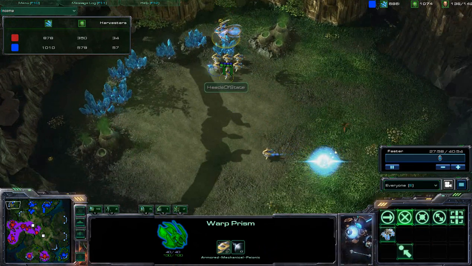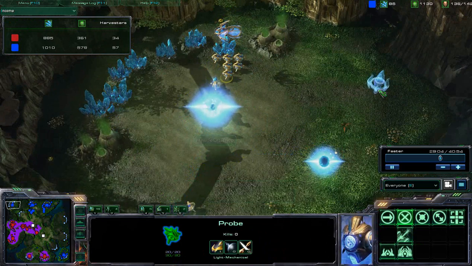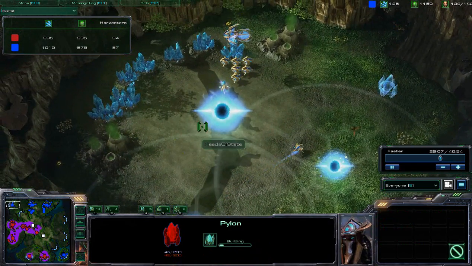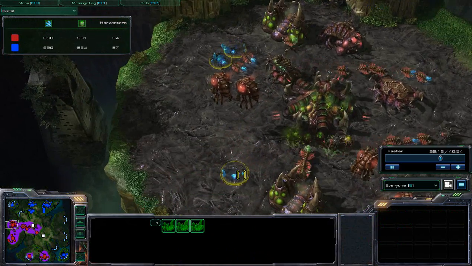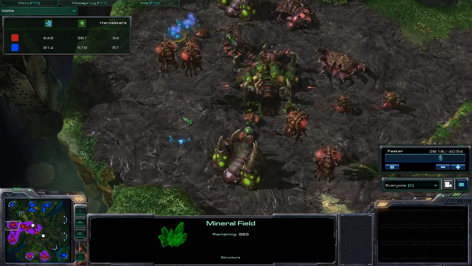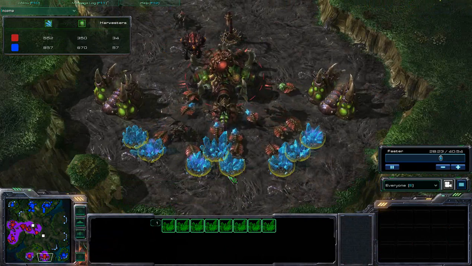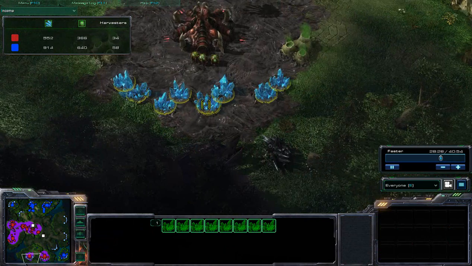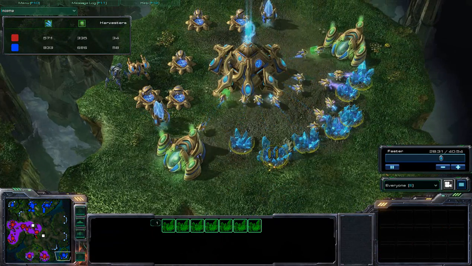Head of state is getting another expansion set up on the top left. An island expansion, dropping down some pylons, most likely also wanting to get some cannons up just in case there are any additional mutalisks. However, the natural expansion over here is pretty much mined out, so we'll see what's going to be happening. Jeromeoh is going to be mining out of 2 full bases here and here, while head of state is mining out of essentially 1,